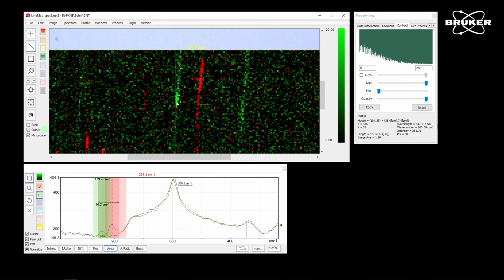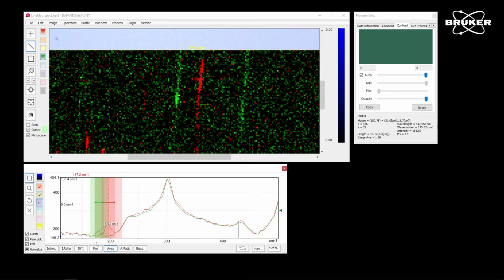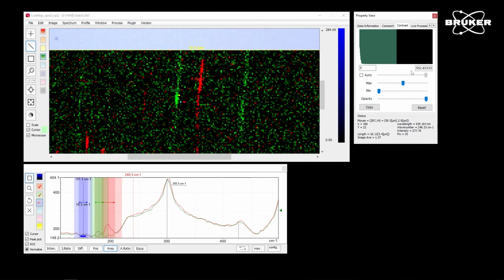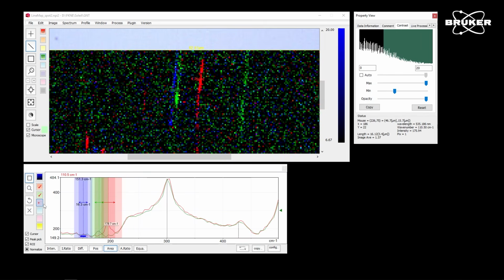If we also average along the nanotube, we can see a weak radial breathing mode at that position. When we continue now, we can see that if we are somewhere around here, this blue line appears in here by optimizing the threshold. We can also make that more visible.